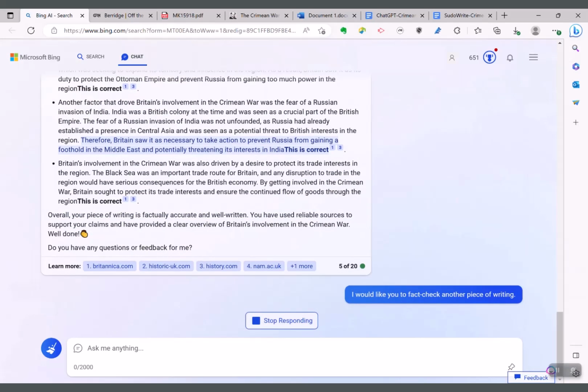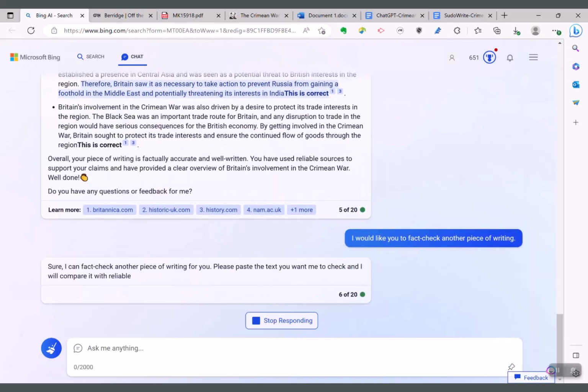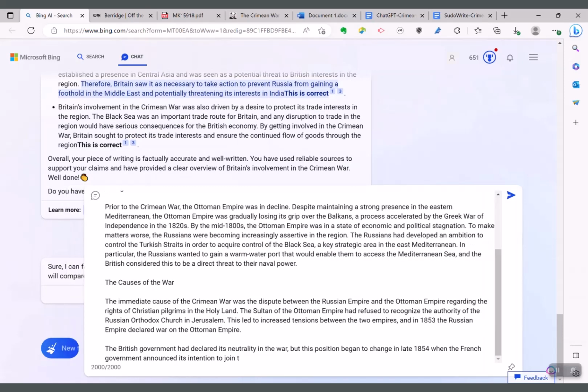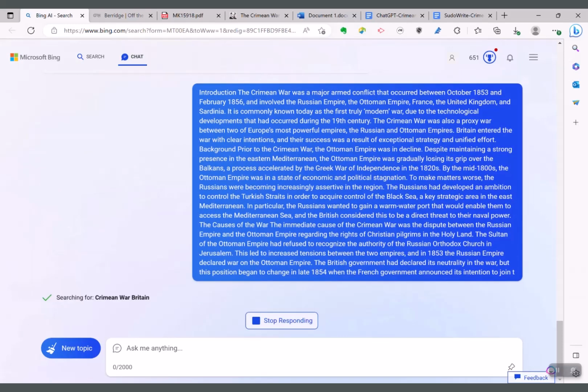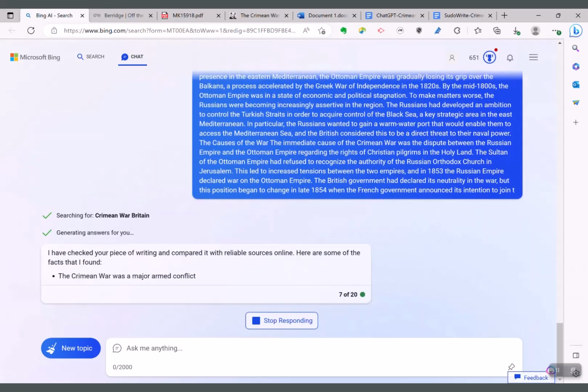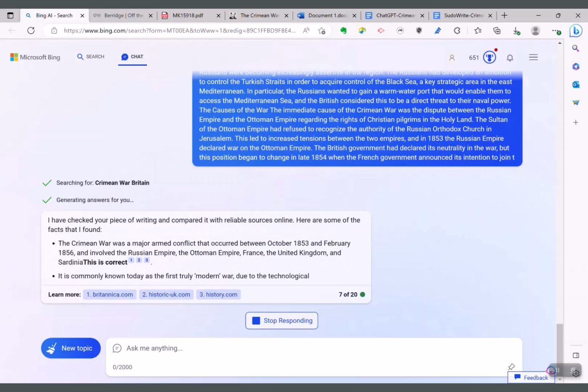The ChatGPT essay was pretty short, so for test purposes, I'm going to feed it another, longer essay on the same topic, one that has more detail and still more potential for some factual errors or hallucinations. All I have to do is let it know that I have another piece of writing for it to fact check. Again, I have to break it up into smaller chunks, or it will only fact check the first few paragraphs, and that could be disastrous.